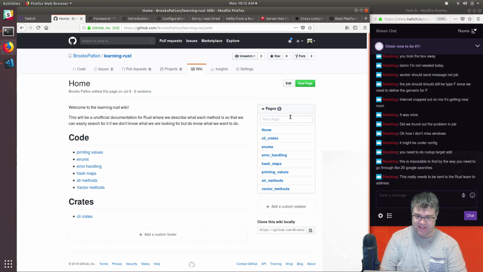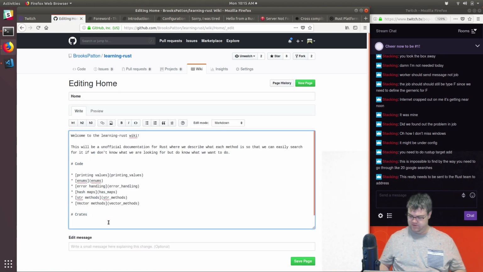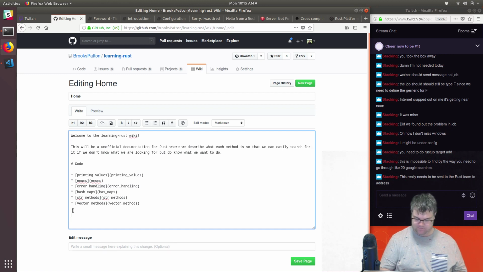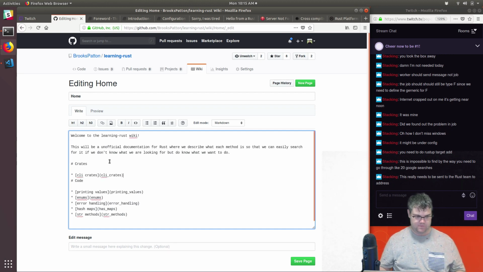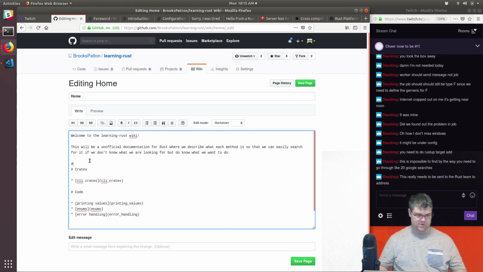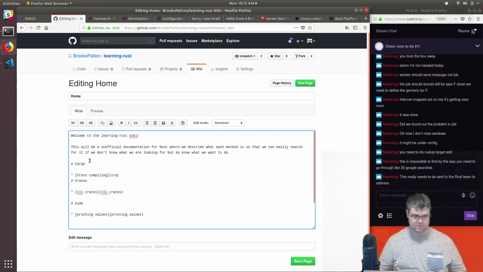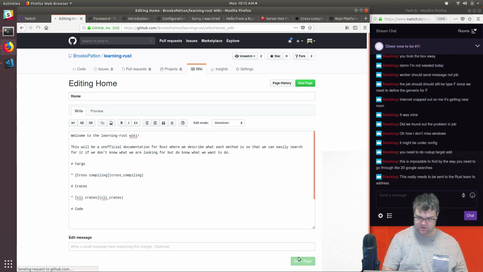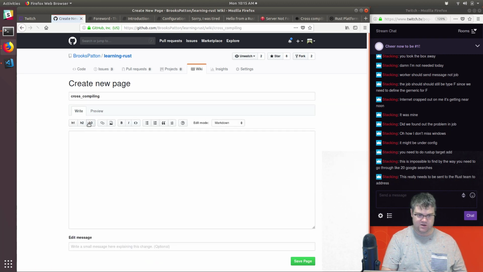All right, so we have code and crates. Let's put in here, I kind of like the idea of making this alphabetical. Then we'll put cargo, and so cross-compiling. Okay, so that should create cross-compiling. There, save this page here and say, okay,